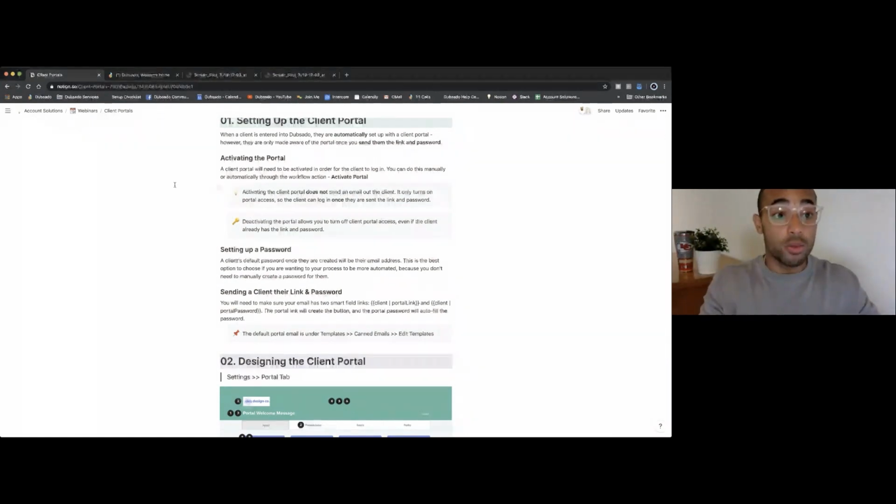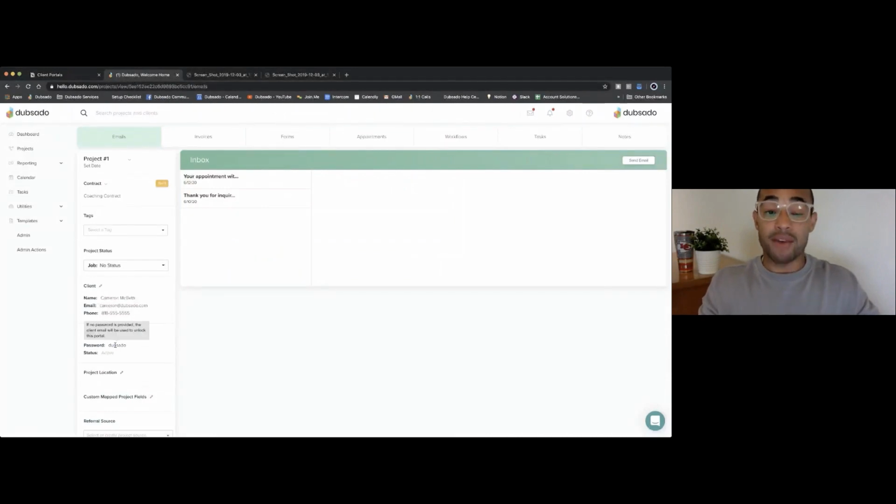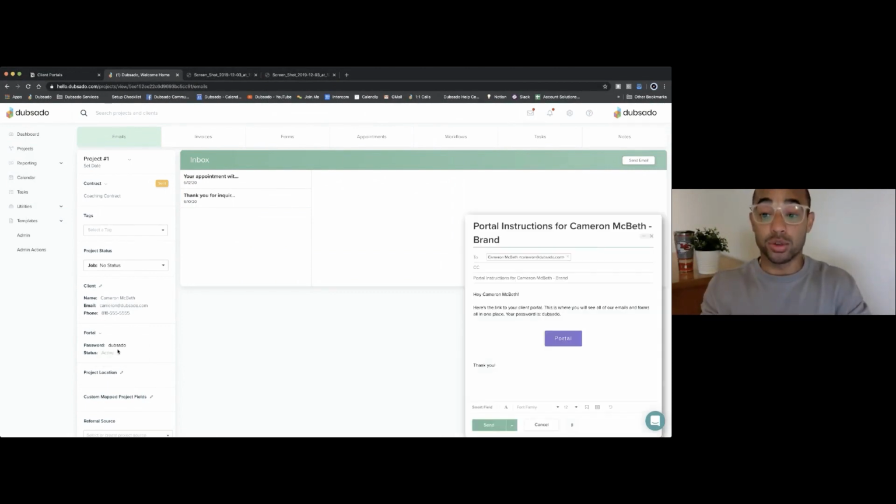So let's go back to Dubsado here. Now that we have a password set up, if we click this drop down and we click send, this is going to pop up an email composer that has their information to log into their client portal. If we look at this email, it says portal instructions for Cameron Macbeth and then brand, which is just my brand name. Hey, Cameron Macbeth, here's the link to your client portal. This is where you will see all of your emails and forms all in one place. Your password is Dubsado, and it autofills it